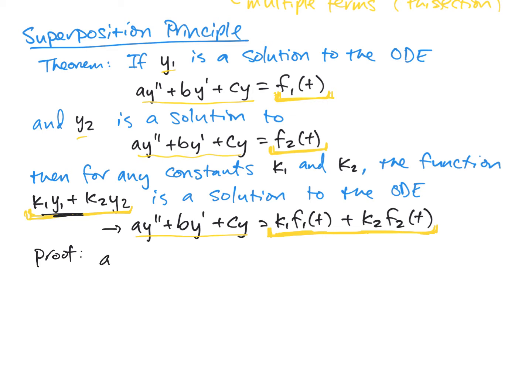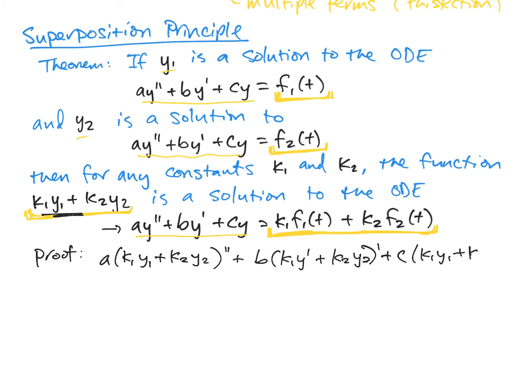So we'll take a times (k1 y1 plus k2 y2) double prime, plus b times (k1 y1 plus k2 y2) prime, plus c times (k1 y1 plus k2 y2). Okay, we need all of this stuff ultimately to equal the right-hand side over here. And so what this proof hinges on, and we've seen this kind of play out before, is the fact that